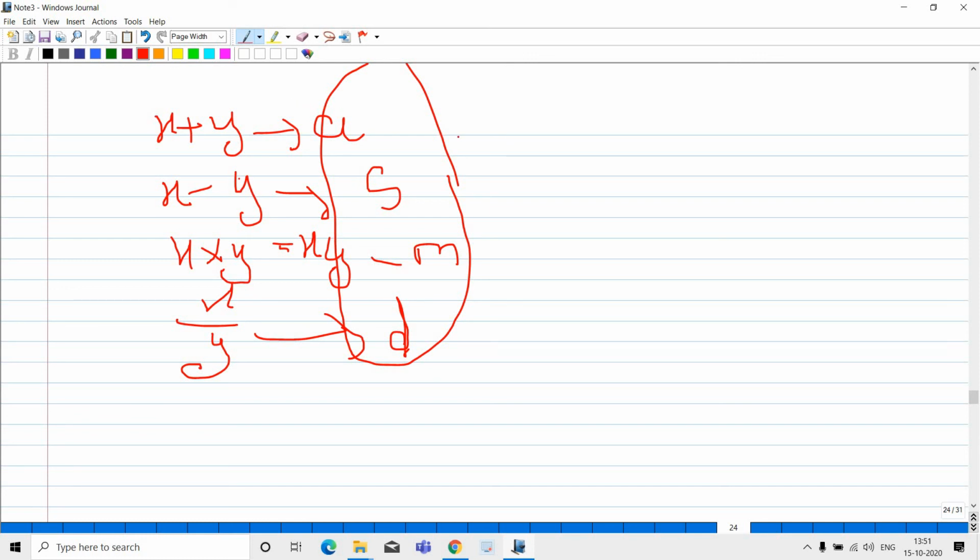So I completed mathematical operations on numbers and literals in part 2. And in part 1, I told about constants and variables. These two parts are the two main basic topics. I didn't enter totally into the topic. In part 3, I will start the main topic, and that is algebraic expression, how these will exist. Once you understand these two topics properly, you will understand algebraic expression in the next part.